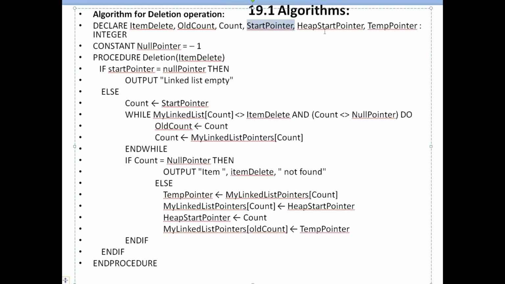count, count, start pointer, heap start pointer, and temporary pointer. Null will be -1, constant. For a deletion operation, if a start pointer equals to null pointer, then you'll say sorry, linked list is empty, you cannot dequeue. Otherwise, start pointer will be stored in count, and while item delete is unequal to my linked